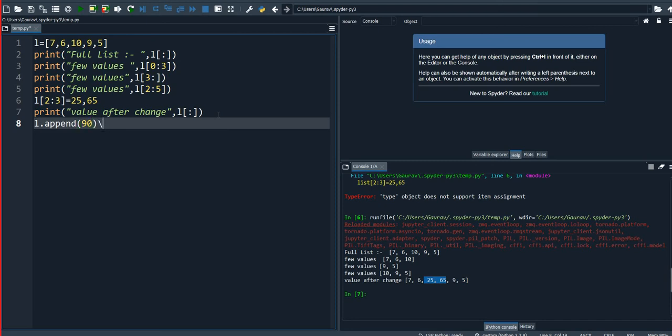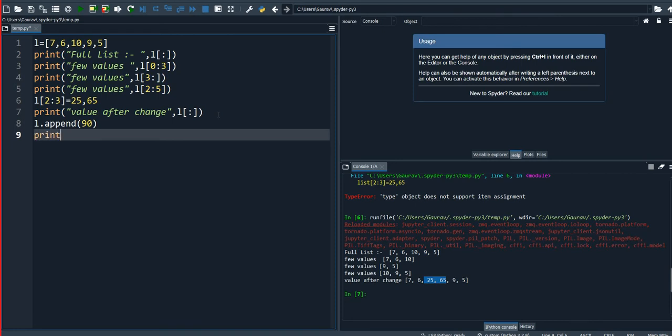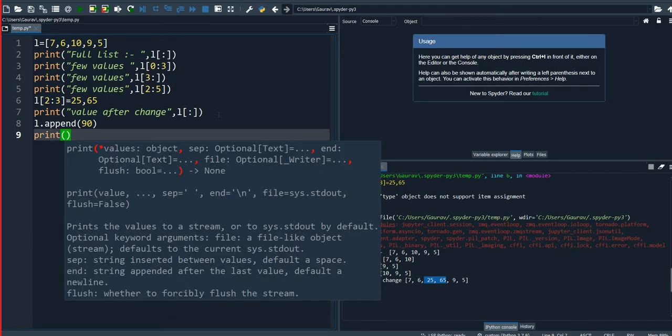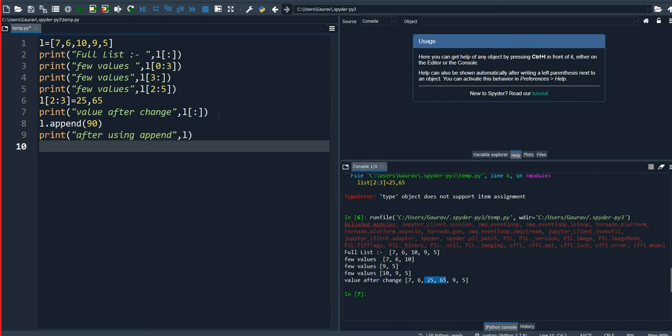Now print after using append, comma L, and L dot extend (34, 56).